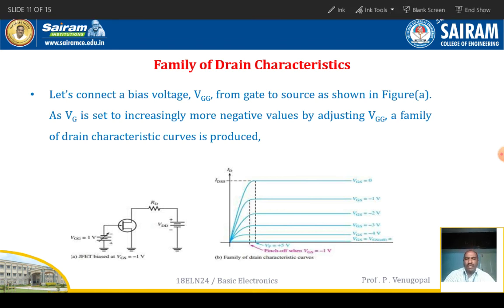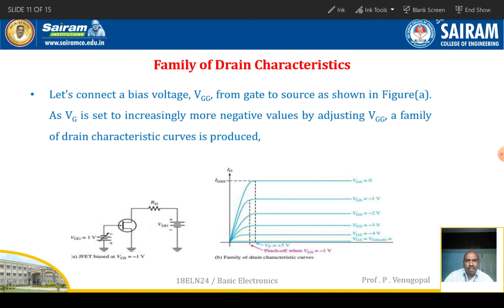The family of the drain characteristics. This is the family of the output characteristics, or the drain characteristics. The family of drain characteristic curves is a graph of VDS versus ID for different values of VGS. In the previous case, the JFET was unbiased, meaning VGS is equal to 0. Here the JFET is biased, so VGS you can keep at -1 volt, -2 volts, -3 volts, -4 volts. So like this, for the different values of VGS, you observe different curves on the drain characteristics,